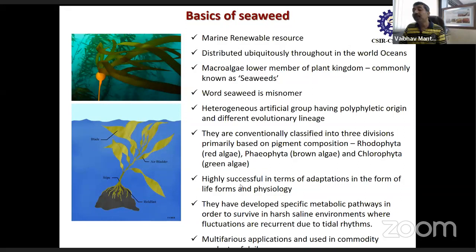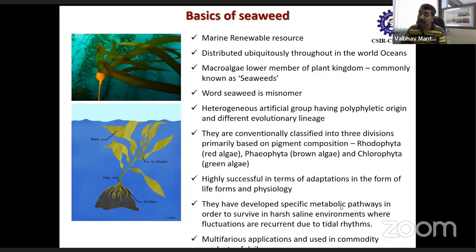So these plants are basically put to very harsh conditions, and still they are very successful because they have developed a very unique kind of adaptation, and they have very different metabolic pathways. They have evolved and they have survived these conditions, and that is why they are very important. And a lot of this has allowed them to produce a lot of unique